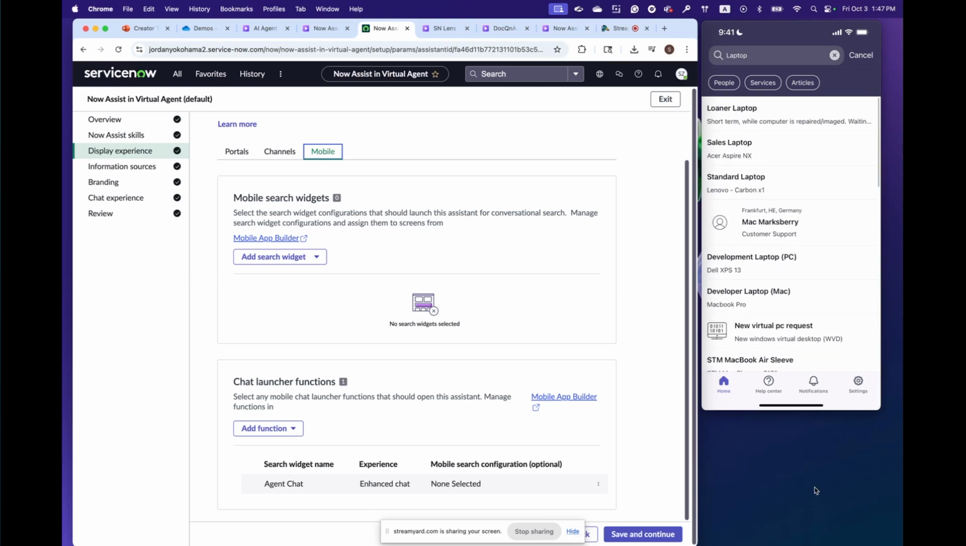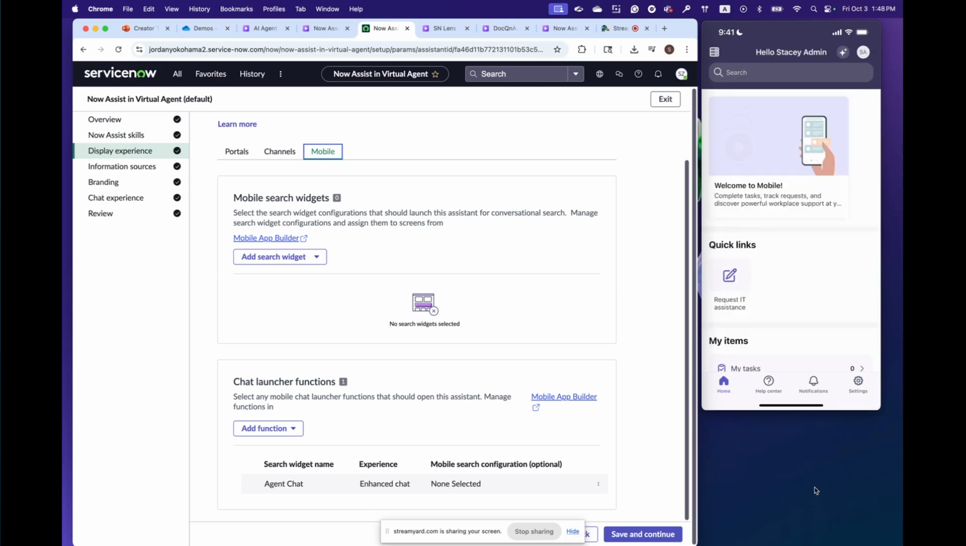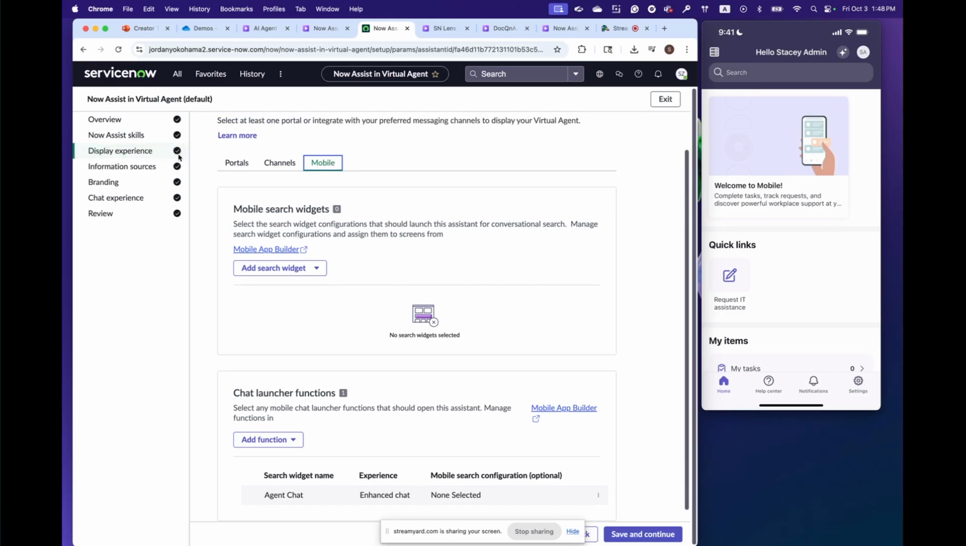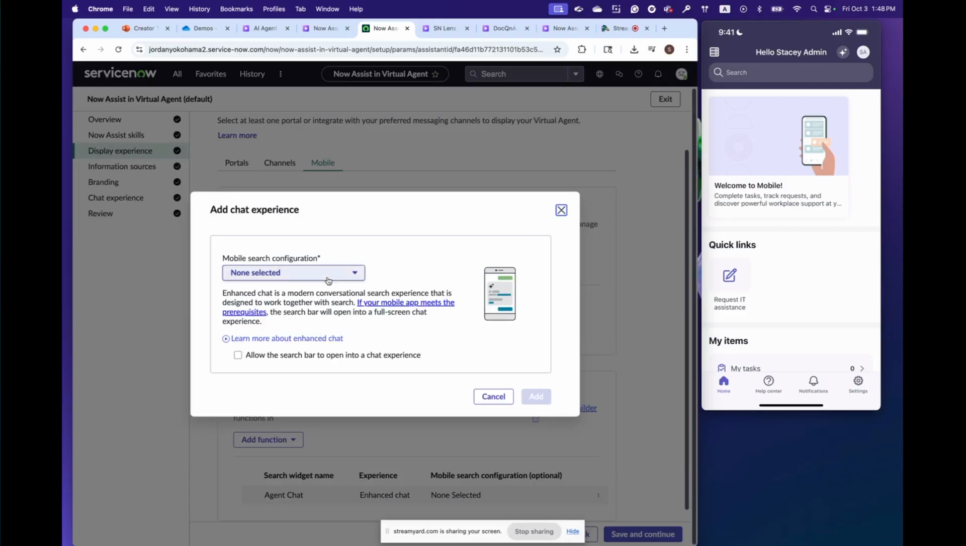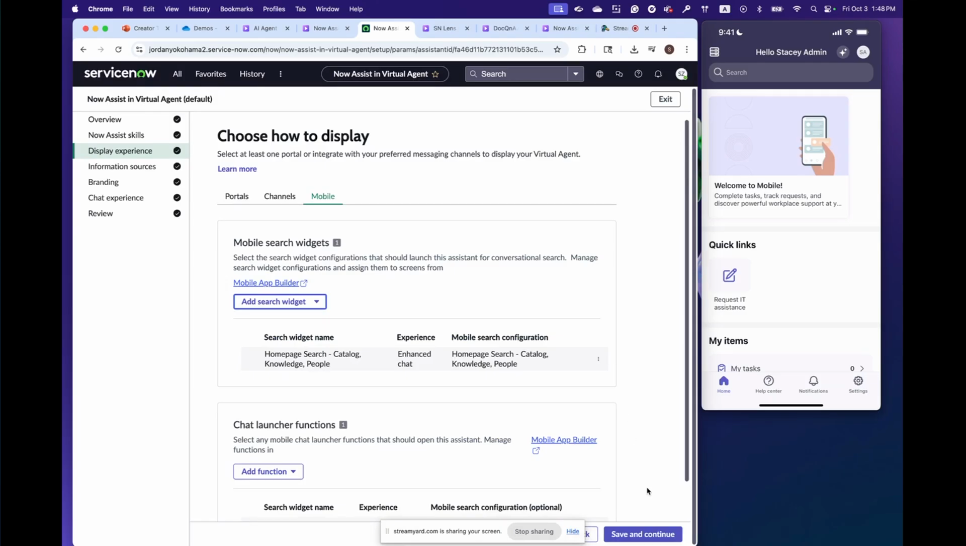But how about we turn this into a Nowsys search? Again, I'm back to this same Nowsys and virtual agent configuration and guided admin setup. I'm in the display experience mobile section. Now I just need to configure the mobile search widgets. So I'm going to add my mobile search widgets, which is my home search, and I will turn this into a Nowsys chat experience. So once I click on save and refresh